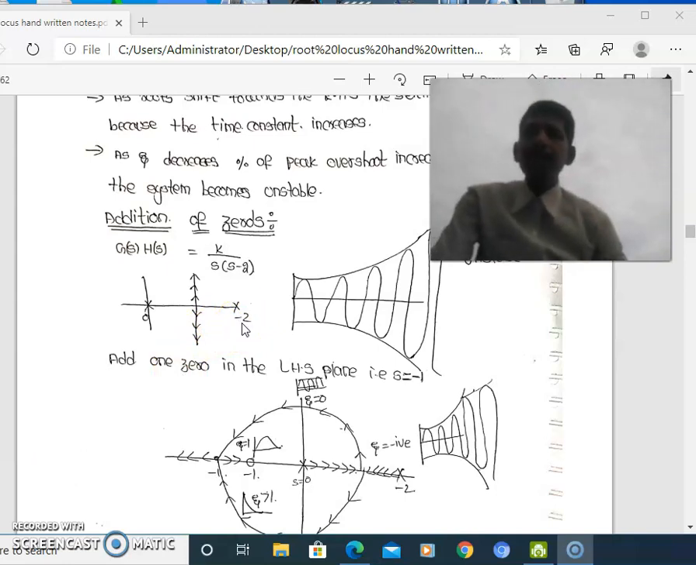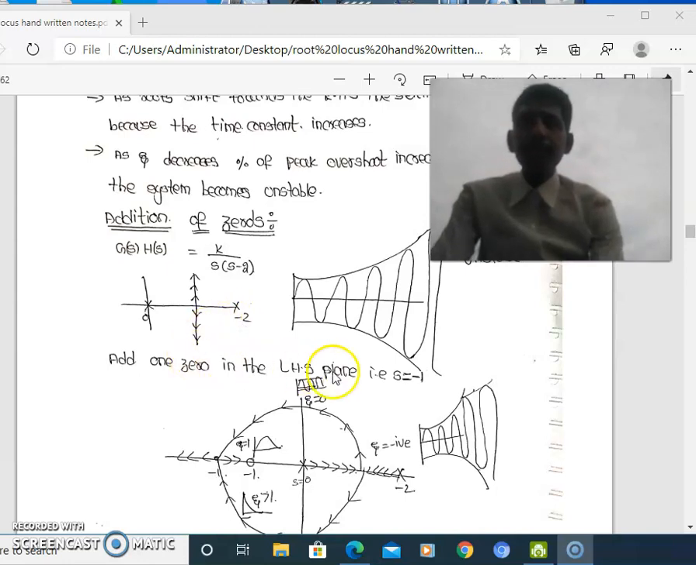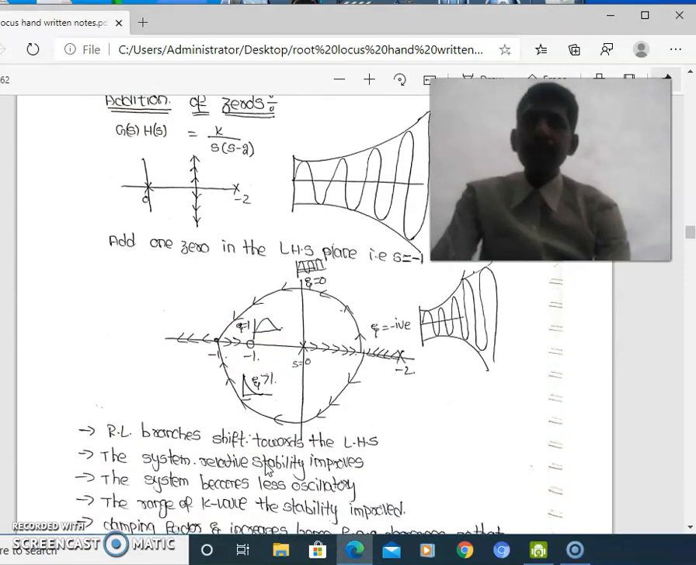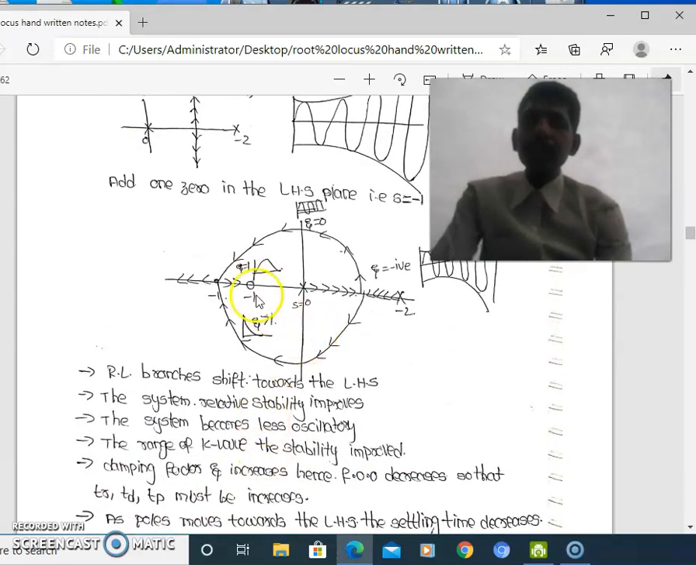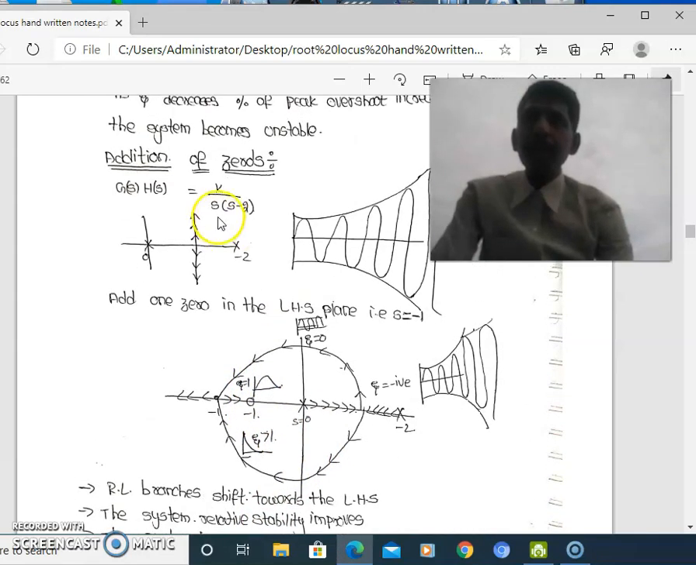And if you add one zero in the left half of the s-plane, that is at s equal to minus 1, here we have added one zero. If you add one zero, what happens? If you add one zero at s equal to minus 1, now for this s equal to minus 1, if you add it, then you will be getting it as